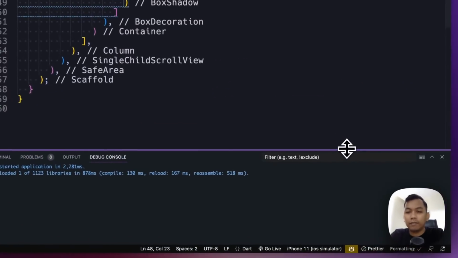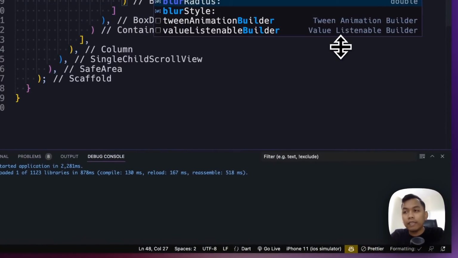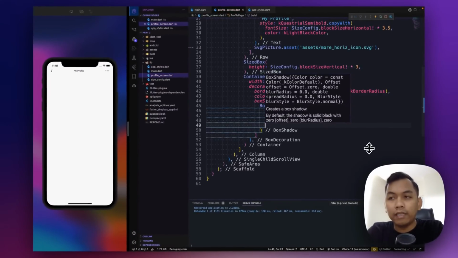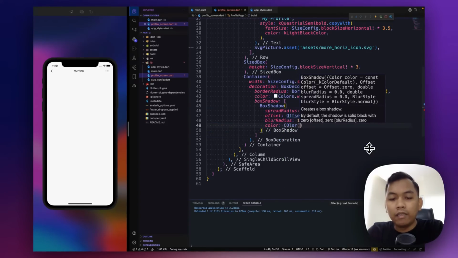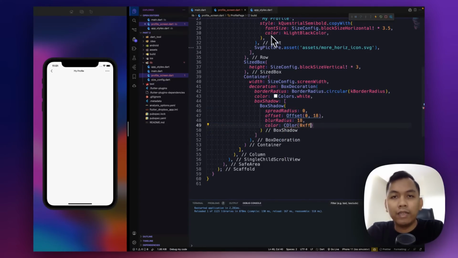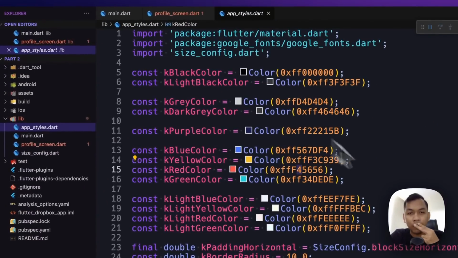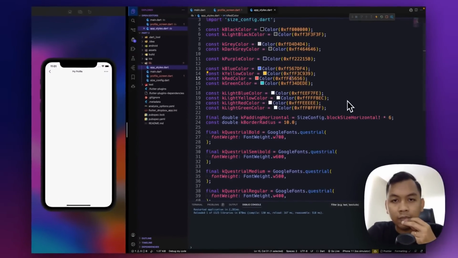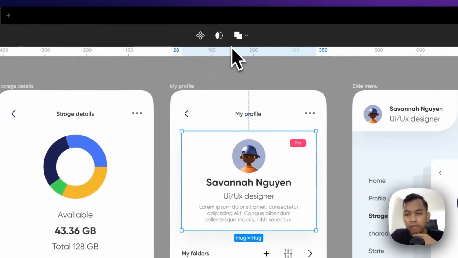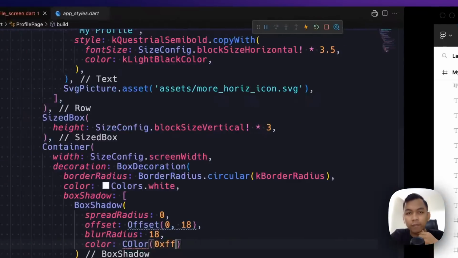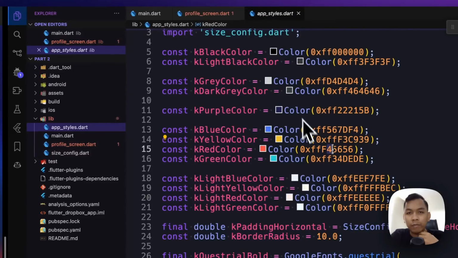And the next, blurRadius will be 18, and color will be Color. So let's check whether we have a shadow color. No, we don't, and the color is 000, it means black.